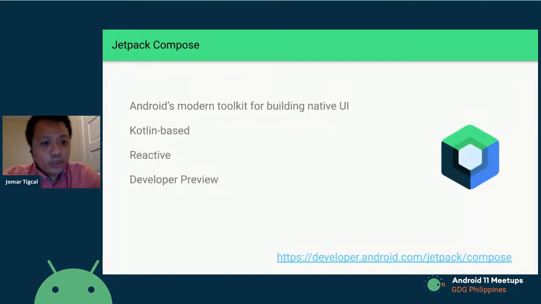Speaking of Jetpack, they also have Compose. With Jetpack Compose, instead of creating manual XML files for the views that we have, we can create them with Kotlin, and we can have an editor on it.